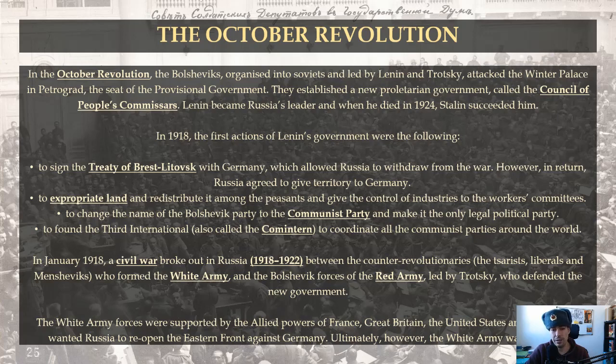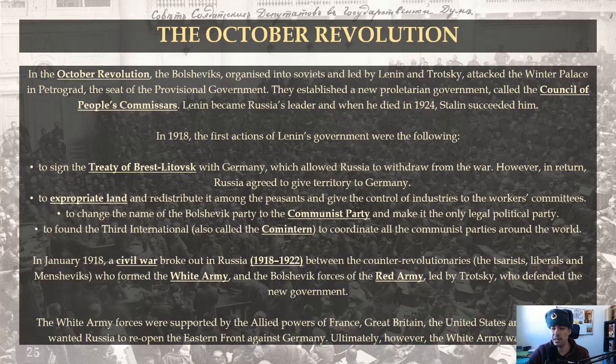They attacked the Winter Palace in Petrograd, which was the seat of the provisional government, and they managed to overthrow them and establish a new proletarian government called the Council of People's Commissars, el Consejo de Comisarios del Pueblo, or the Sovnarkom, Sovietsky Narodny Commissariat. So Lenin became Russia's leader until his death in 1924, when he was succeeded by